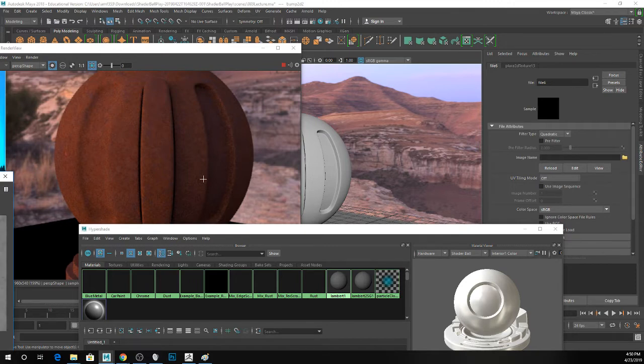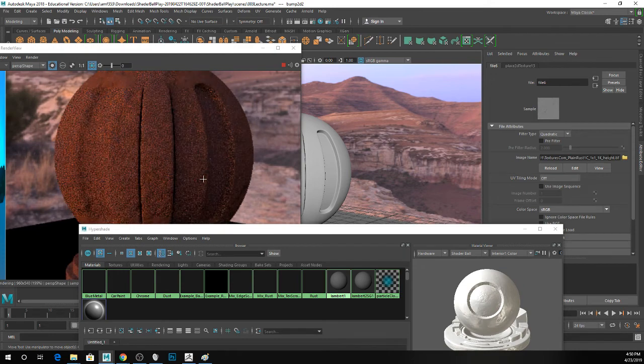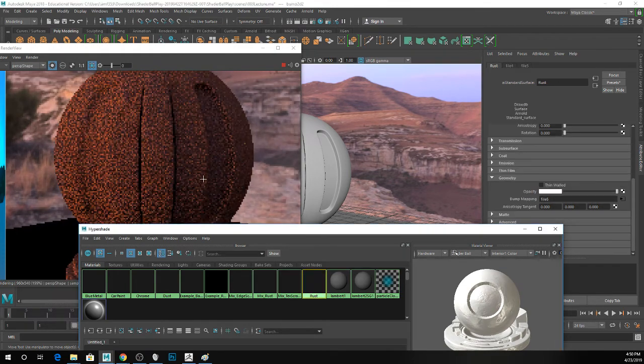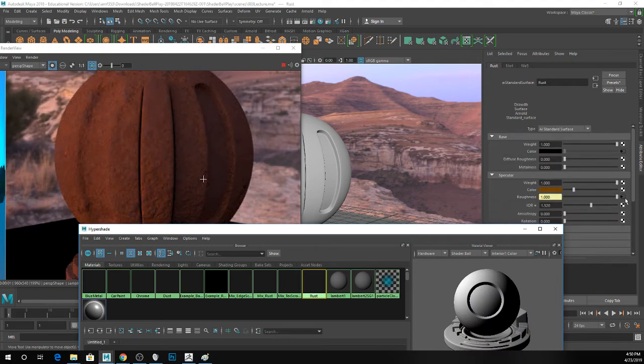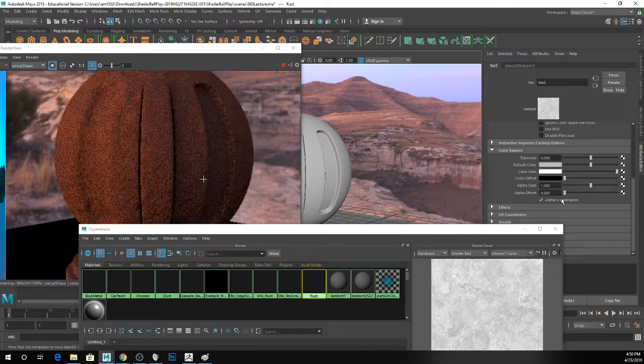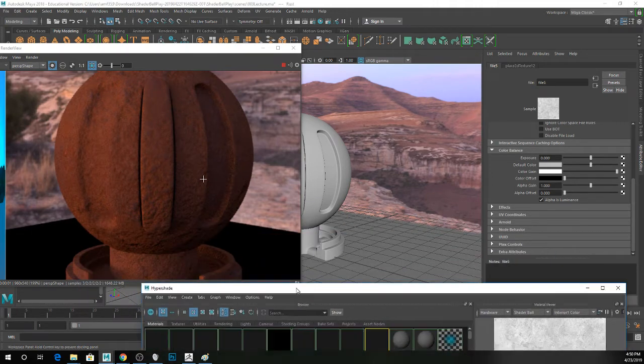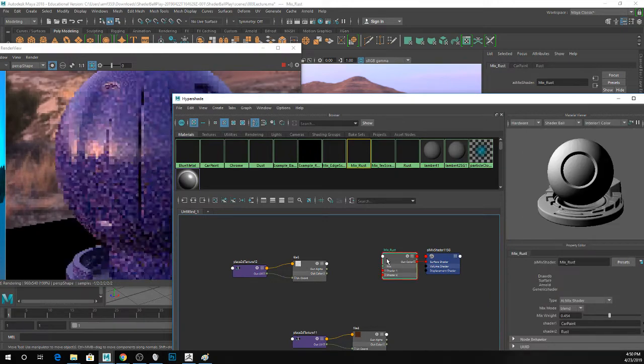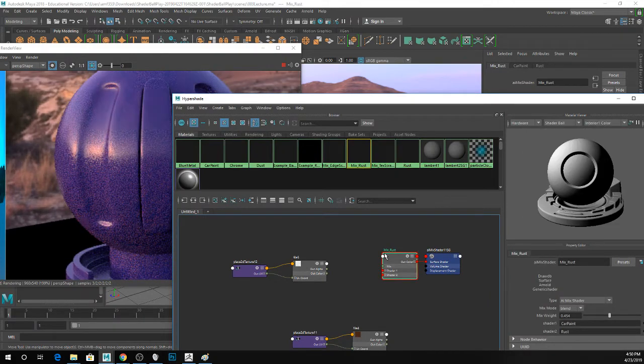Height. All right. Rust. I think I actually forgot to do that. All right, that looks kind of better. So this rust texture looks way less crap than what I had before. So again, you can use your own real person textures, and if I look at my mix node now, I mean, now it just kind of looks awkward and lumpy, but